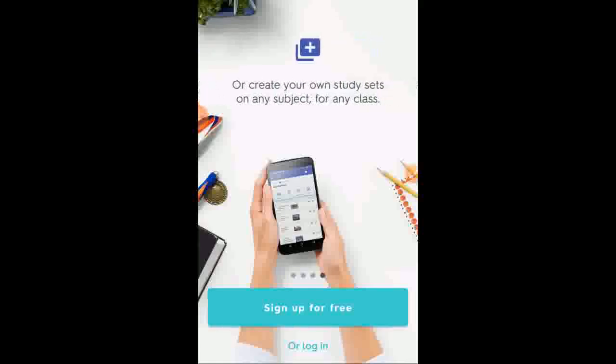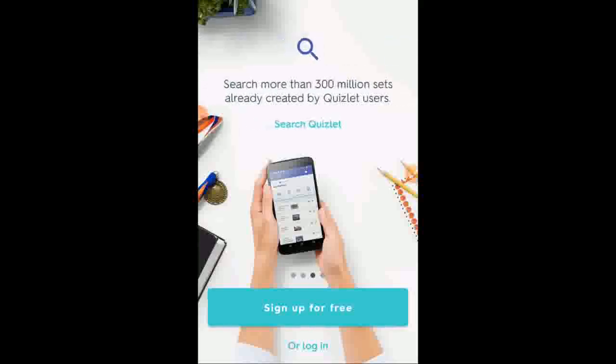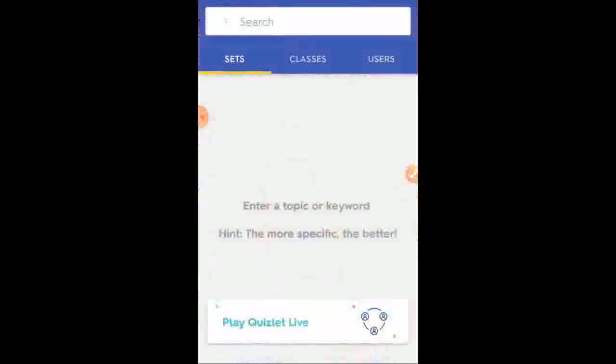This plus symbol is for teachers who want to add multiple choice questions to the app. Now we are not going into that. We are just learning some material in the Quizlet app. So you just click on this third screen, on search Quizlet. Okay. Now I have entered into the app.